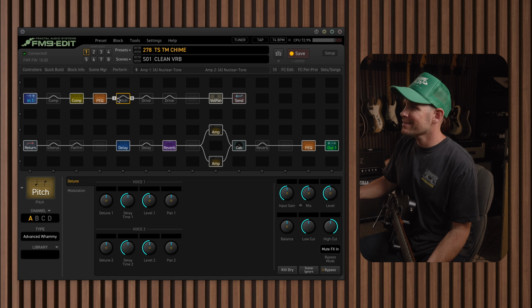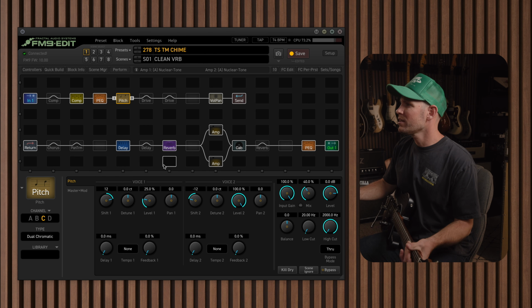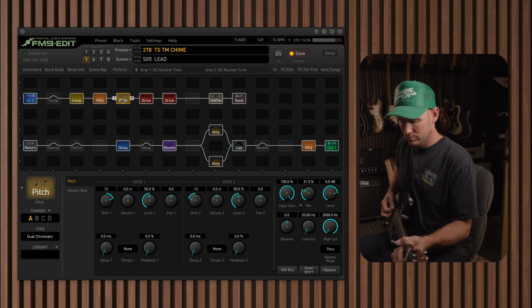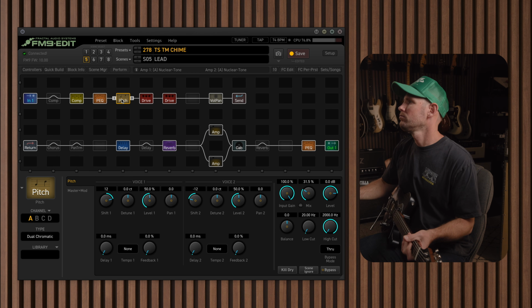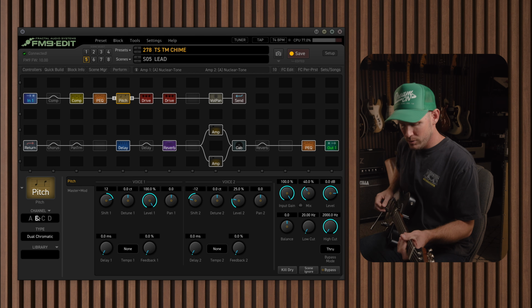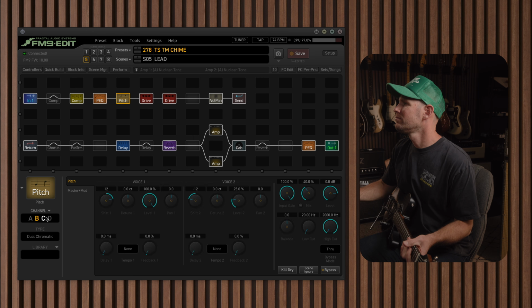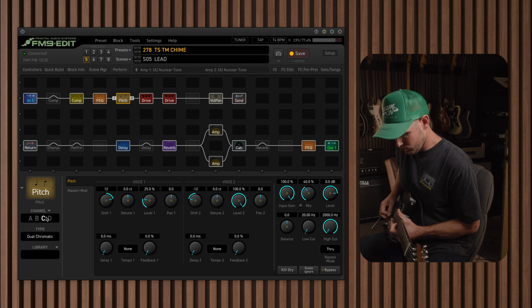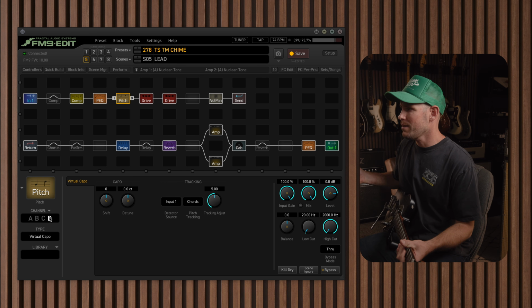The pitch block, I've got a different assortment of basically octave stuff going on. So you can kick it on if you're doing like a lead thing. Or this one. Or this one. And then channel D has a virtual capo in case you want to